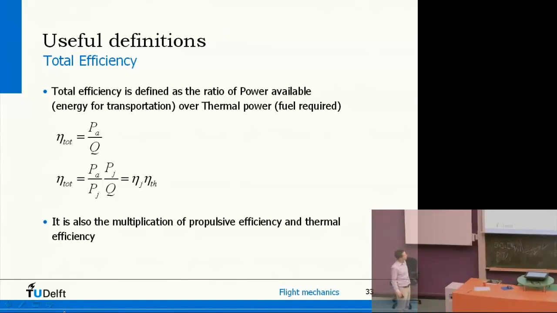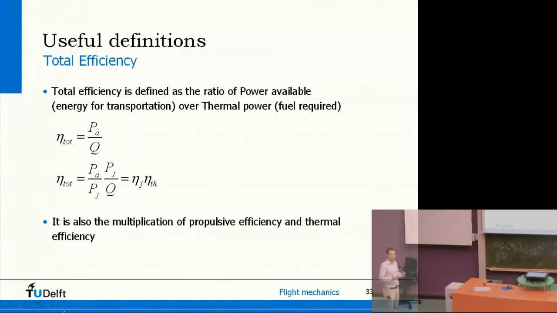So power available divided by jet power multiplied with jet power divided by thermal power. And if I do that, then I can make a distinction in efficiency. I can say, well, total efficiency is then power available divided by jet power, which is something we call propulsive efficiency,